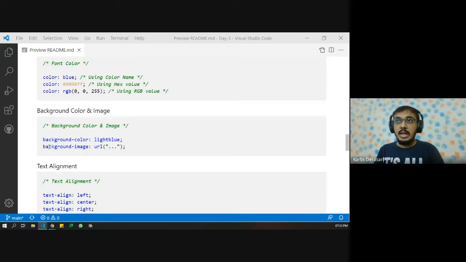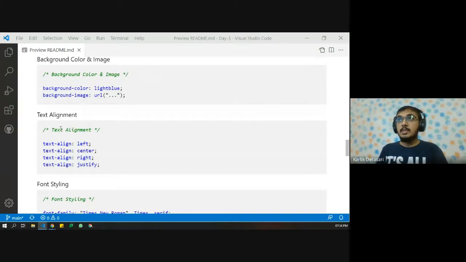We can also attach any kind of background image. So if we have any kind of image on our server and we want that as the background image, then we just simply need to change the path in this URL. Okay.